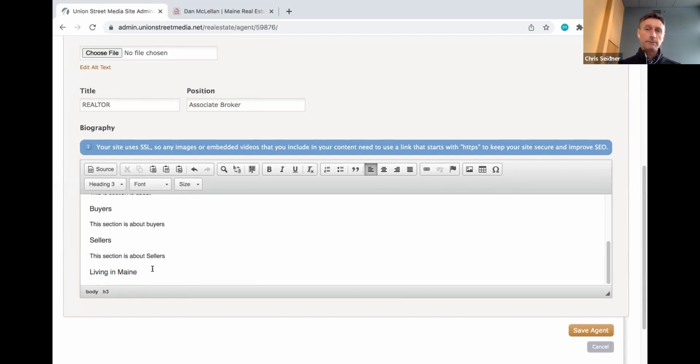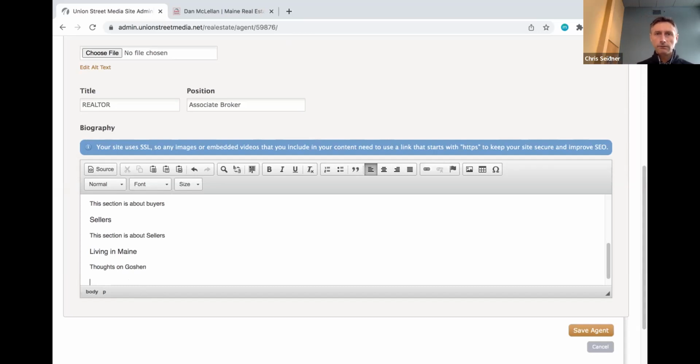If there's maybe a specific area that you focus in, you could write a section, maybe thoughts on Goshen. And then what you might have the ability to do, if that's an area that you know well